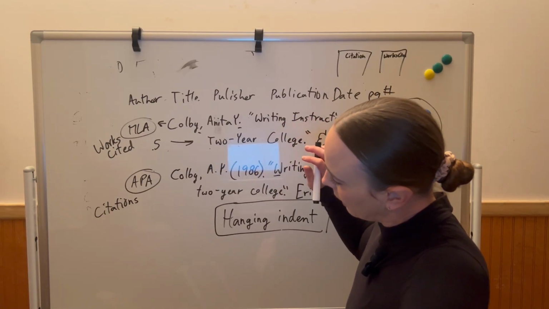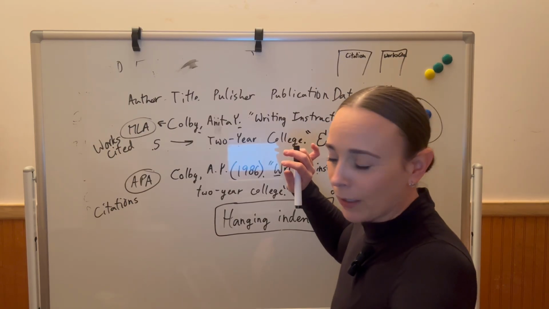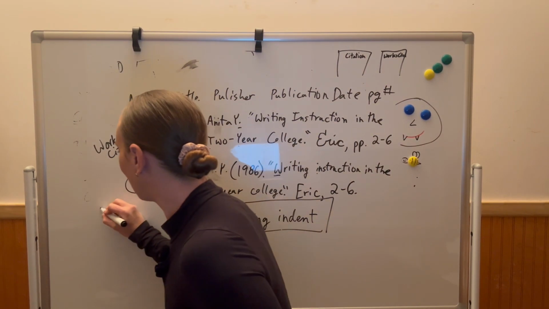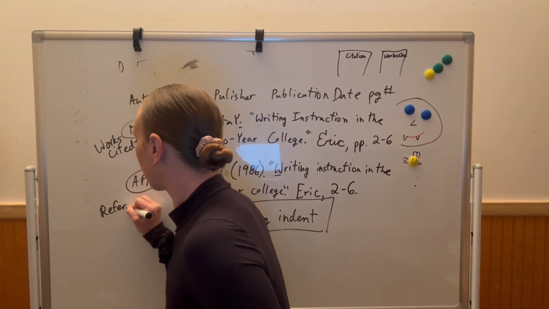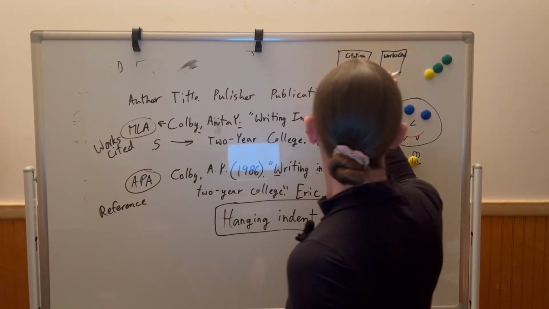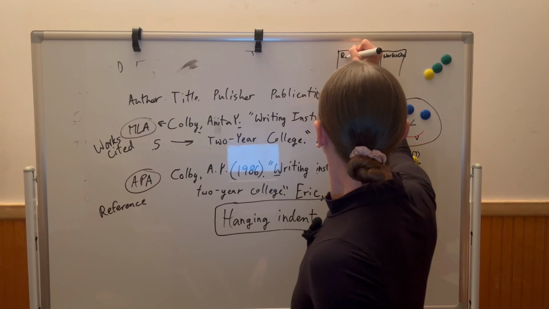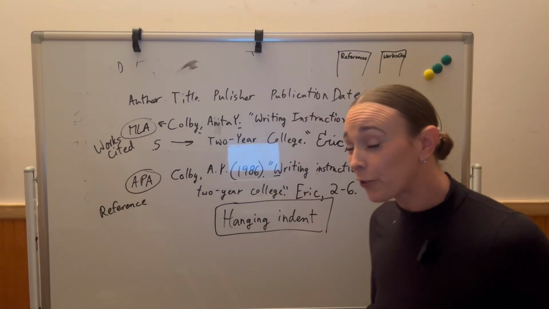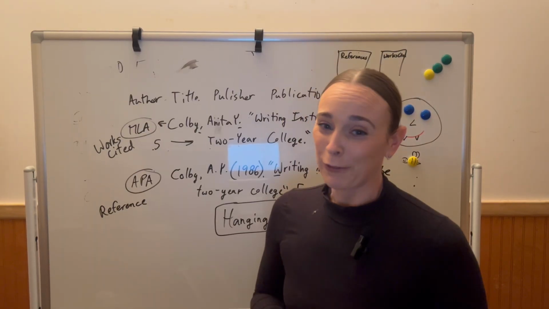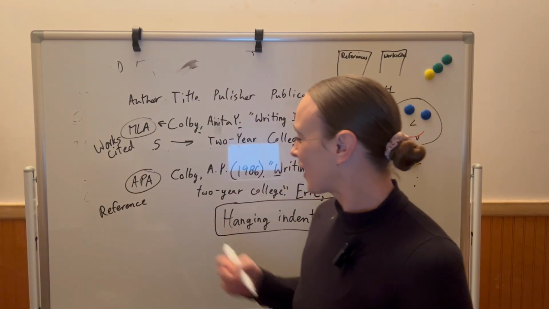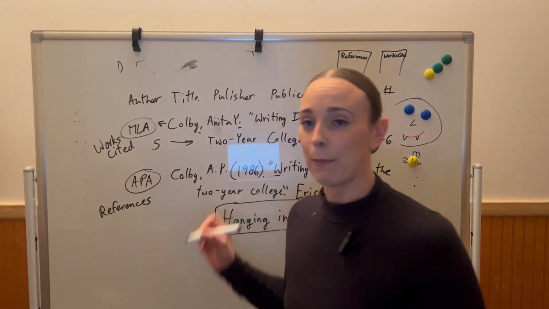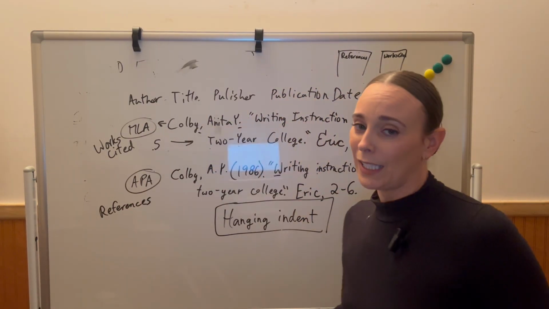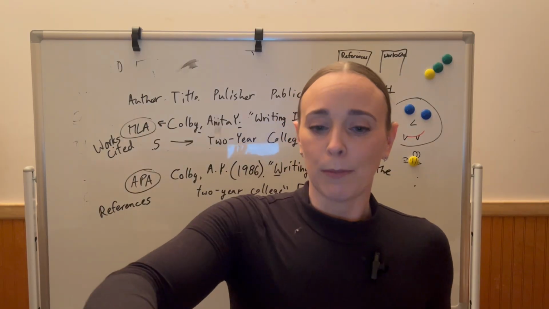One last thing is that with the citation page or the works cited page, it's not called citation page. It's references. Sorry about that. References. As you can tell, I have been using MLA for a very long time. But yes, it is called the references for the APA format. Yes, back to what I was saying though, all of this would be single spaced, not double spaced.